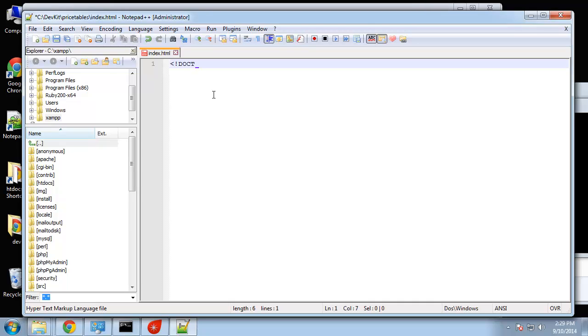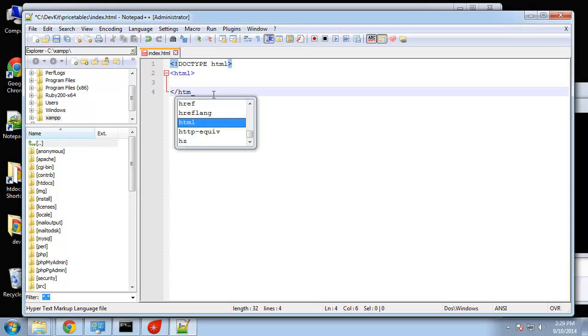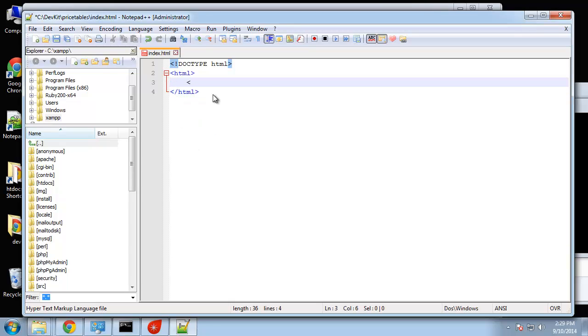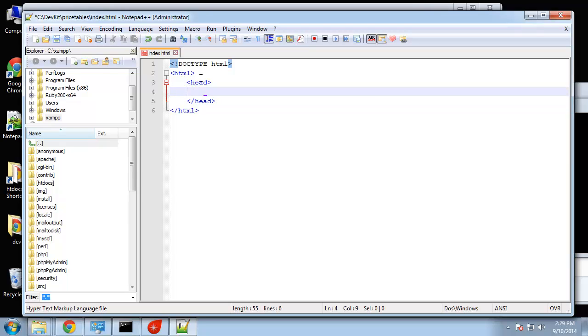We want our doctype HTML. Okay, so in the head, I just want a title, and we'll call this Sass pricing tables,